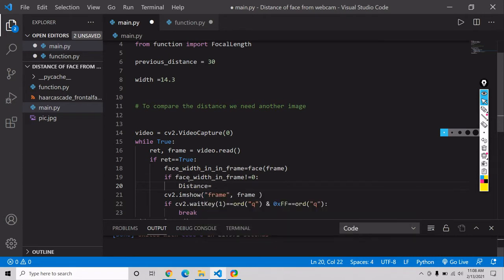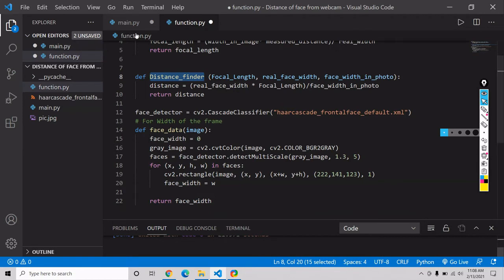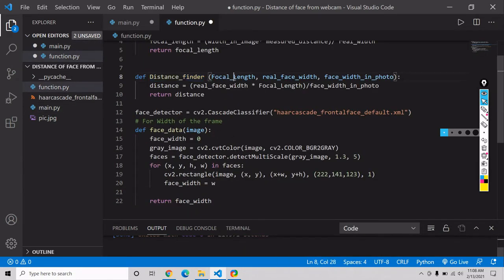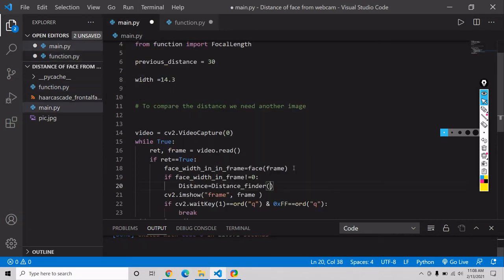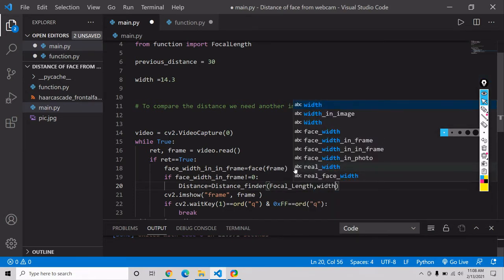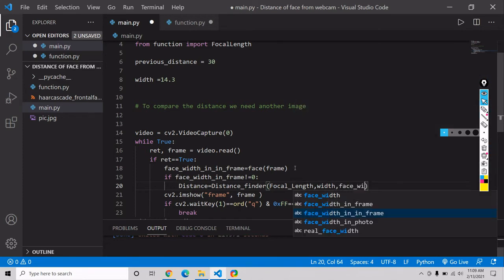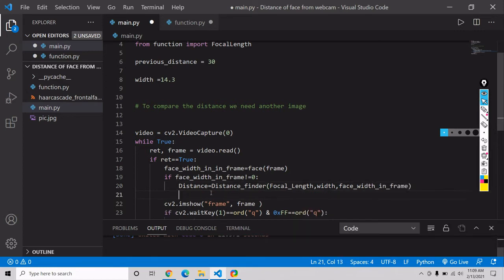For the distance we have a function known as distance finder. So we are using our simple distance finder. Inside this it needs three values. First we have to provide our focal length. After that we have to provide our width, and after that our face width in frame. We are just saying that now our distance is calculated. After that we have to show it in our frame.